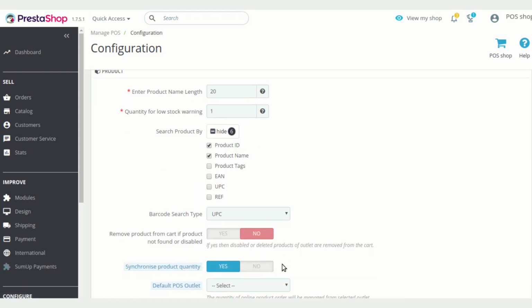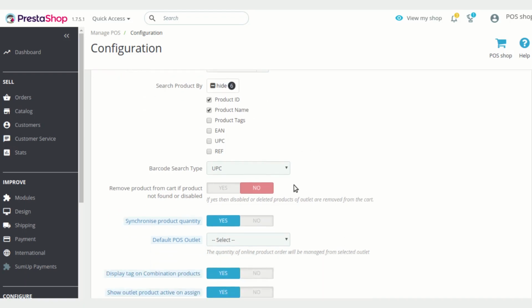In order to give multiple options, we have given here particularly 6 options through which an employee of a POS can search the product at the POS terminal. Whatever options you might like to provide to your POS employee, you can select here, like product ID, product name, product tags, etc.